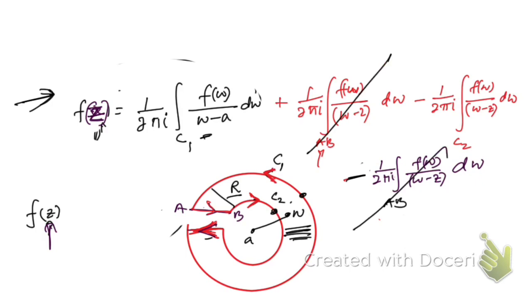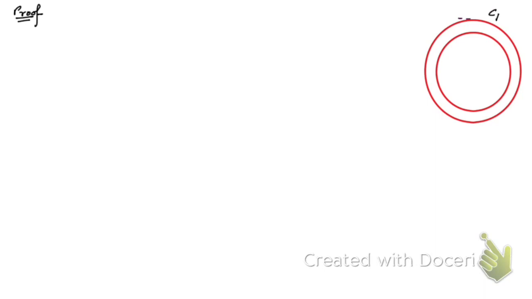So now let me write the things properly. What are the things to be considered and how to proceed? Now let me explain all these things. So here is the proof. These are the two circles, C1 and C2, with radii R1 and R2 respectively. And here you see, by introducing a cut,